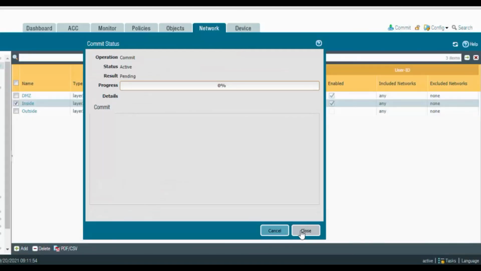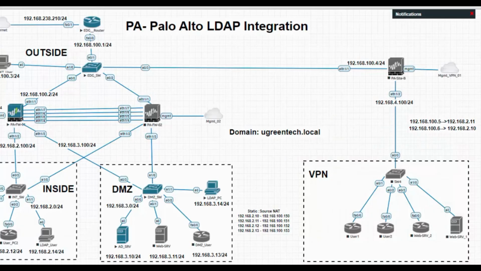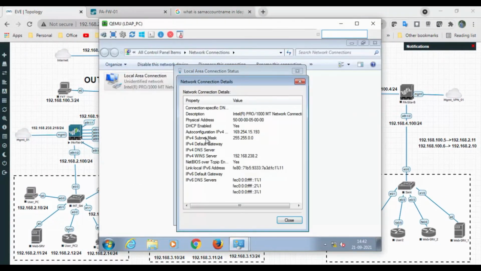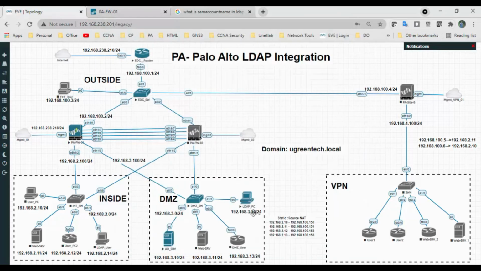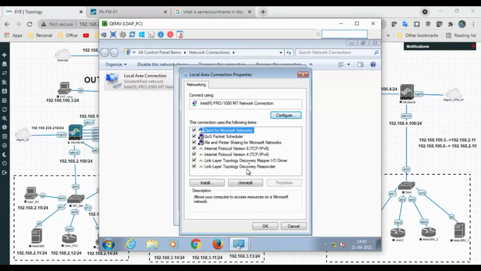Okay, so meanwhile, what I will do is, this is the LDAP PC, so I will click on details. It's using a different IP address. Assign the IP address as per the topology. It's 192.168.3.14,